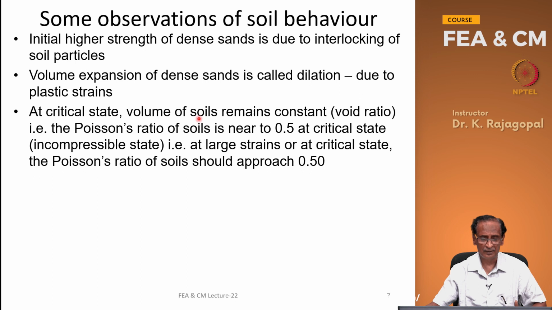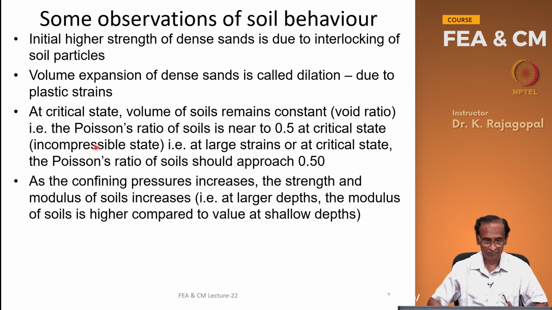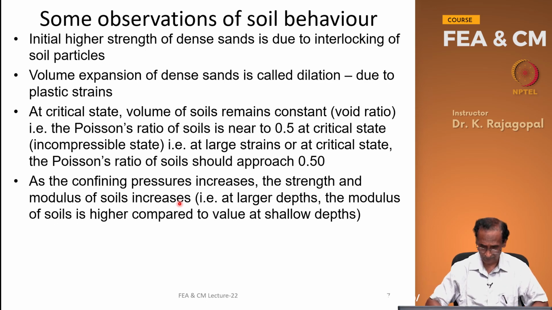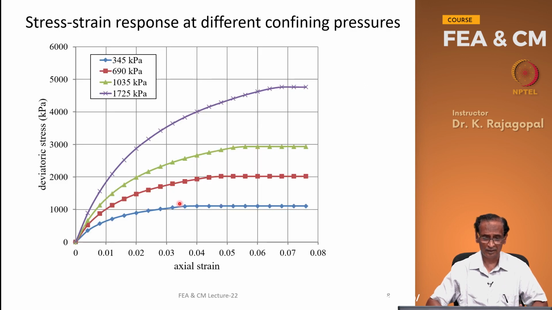It is not during the elastic state or elastic straining, but during the plastic state. At critical state, the volume of the soil remains constant, and the Poisson's ratio is near 0.5 to represent an incompressible state. And as the confining pressure increases, the strength and the modulus of the soil increase. That is, if you have a soil deposit at a larger depth, the same soil at the same relative density might exhibit a stiffer response and a higher strength because of more confining pressure, and that we see from our